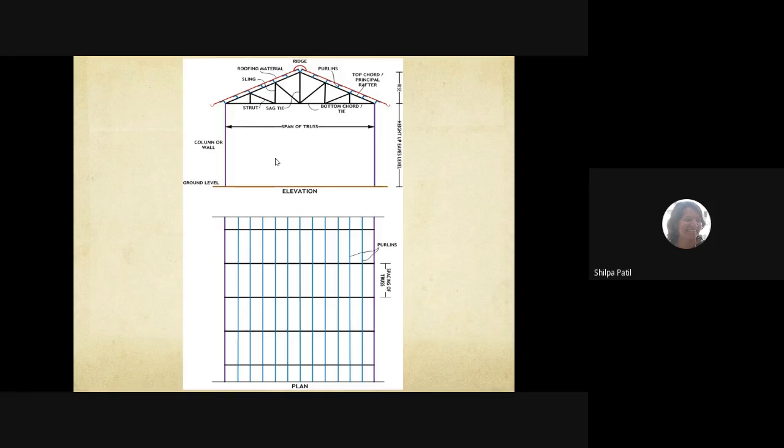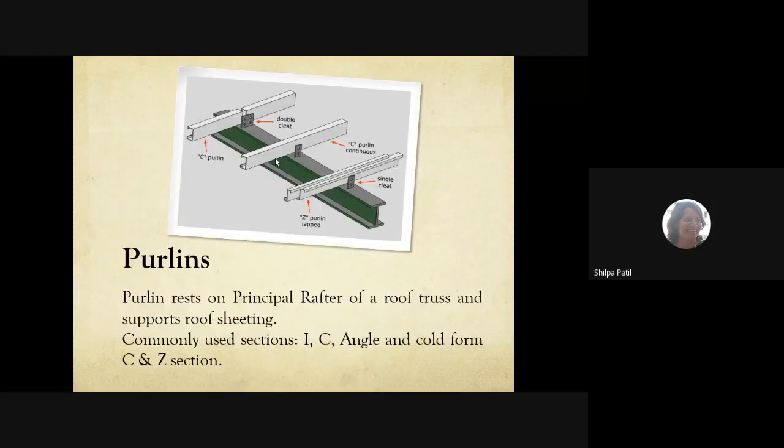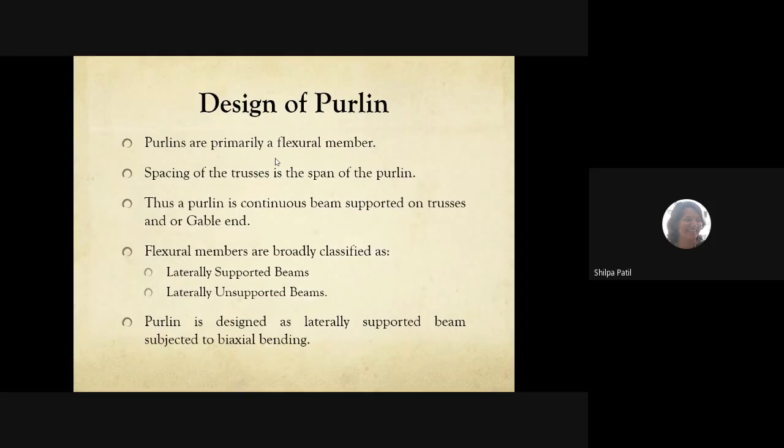Okay, so it is not easy to simply draw the diagram of a truss, whatever I have shown you, and then start its analysis. It is not like that. How the purlins are resting, which materials we are using, all these matter to decide the configuration of the truss. Okay, is it clear? I think I should stop now because it is almost 10.